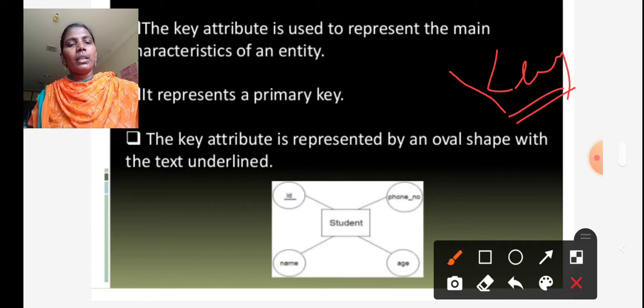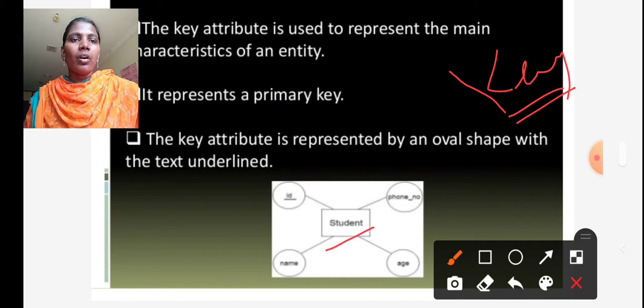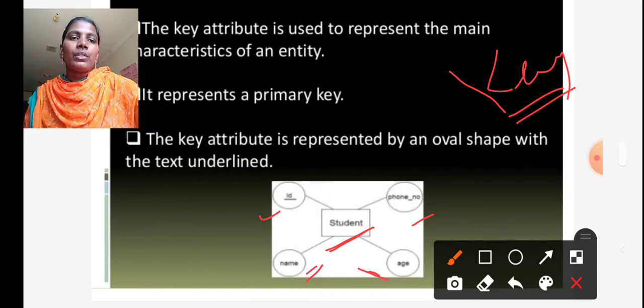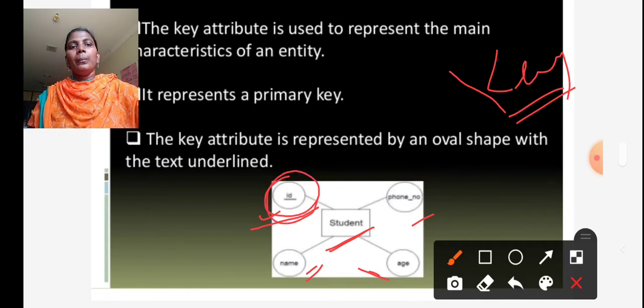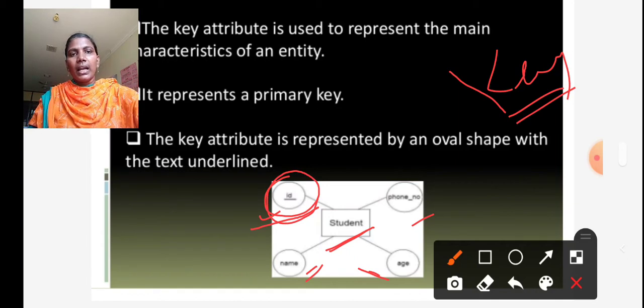For example, this is the student table or student entity, and here student ID, phone number, name, and age of that particular student are the attributes. If any attribute is shown with an underline, like this ID, that is called a key attribute.